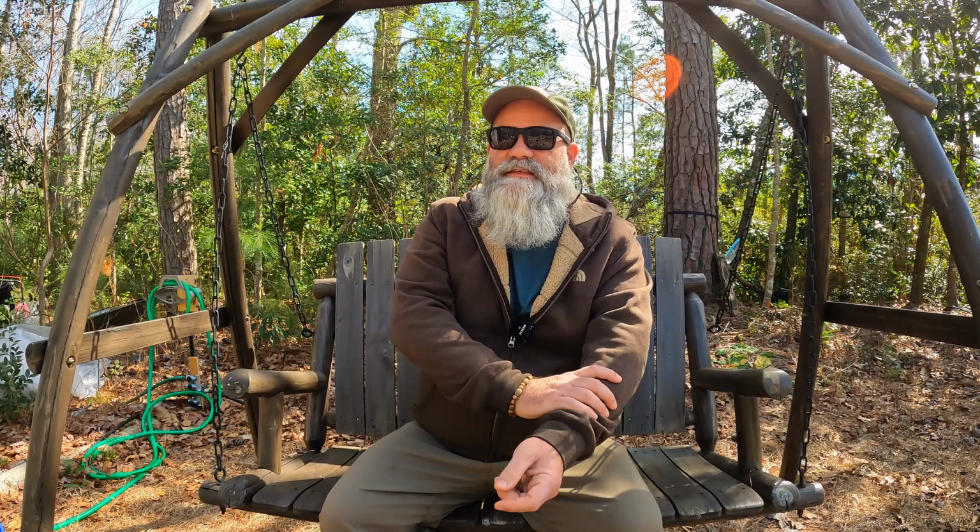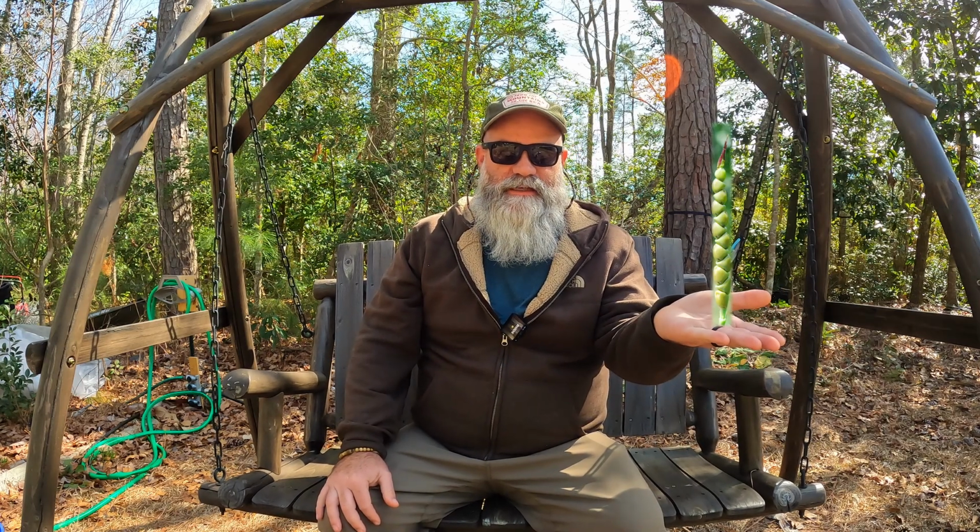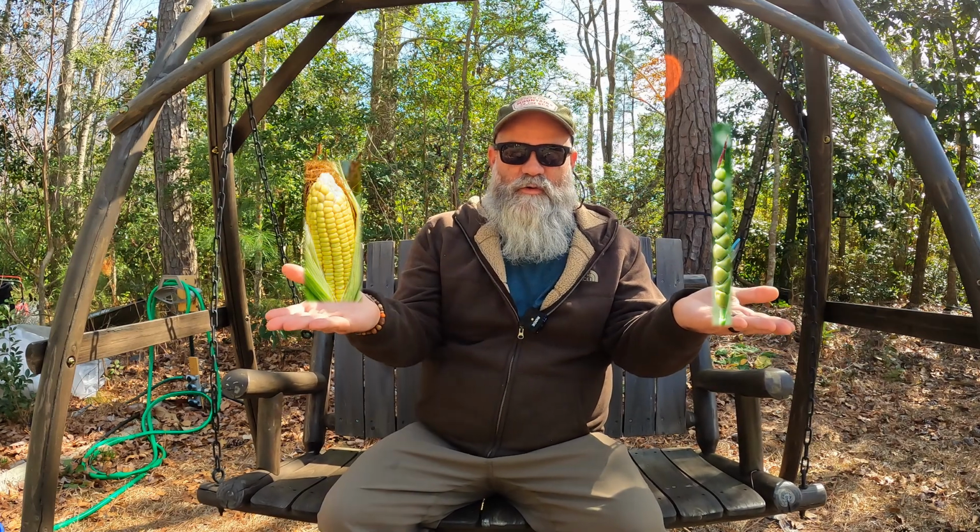I had a comment that said all of our food has been genetically modified for centuries, I believe it was, maybe decades, something like that. I think it was longer. I think it was centuries. And then, so here is what corn used to look like, and here's what the corn that we know and